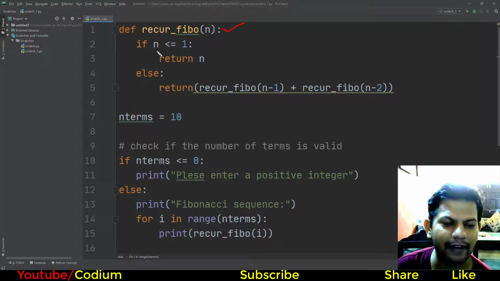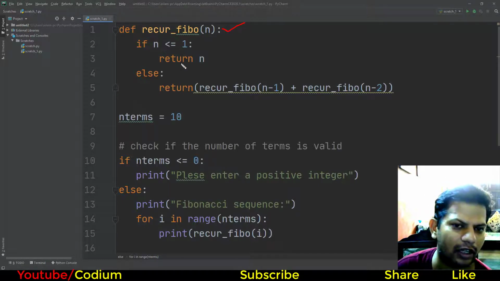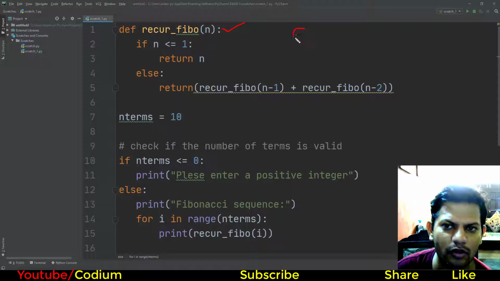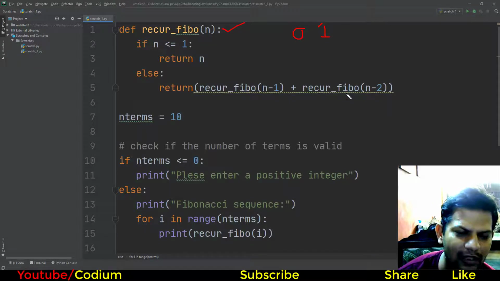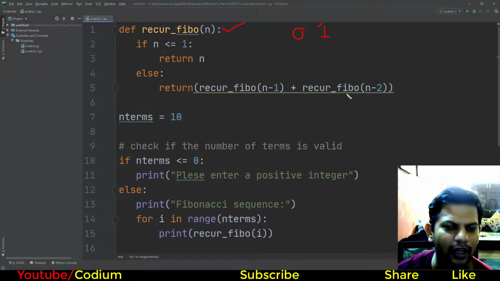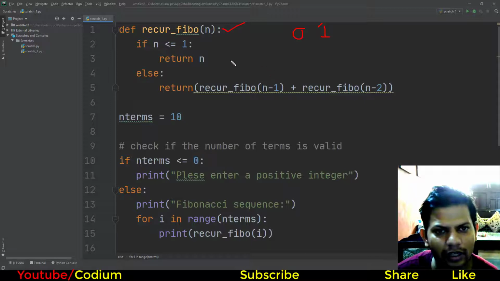Okay, if the n value is less than or equal to 1, it returns n. If the n value is 0, it returns 0. If the n value is 1, it returns 1. Because you know that in the Fibonacci series or sequence, the first two terms are fixed, 0 and 1. The third term is the addition of the last two terms, like that. So if the value of n is 0, it returns 0. If the value is 1, it returns 1. If the value is greater than 1, like 2,